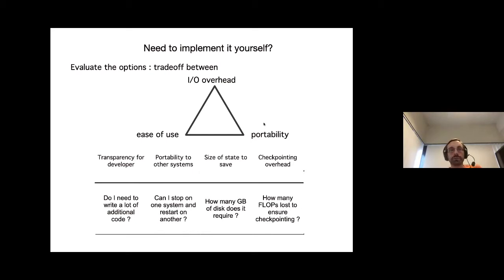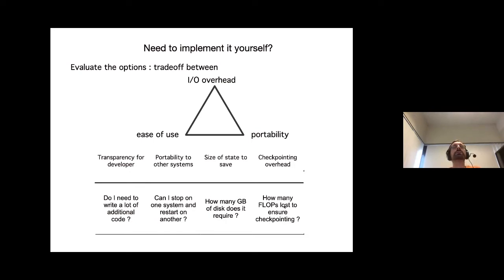And as a starting point, of course, you might just think, okay, no, let's do everything on a single machine, and that's much easier. But if you want to be generic, that's the question you need to ask yourself: do you want to support passing from one machine to the other? So here are a couple of questions that are worth thinking about at the beginning. How much code do I need to write in order to support that? I said portability. Can I stop on one machine and restart on another? How much memory does it require, disk space in that case, and how much computation does it require as well?